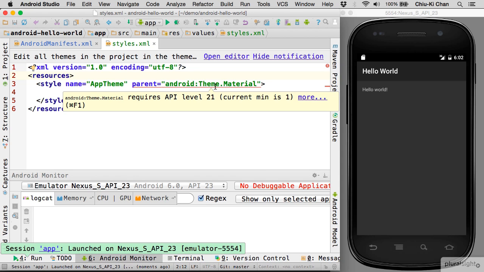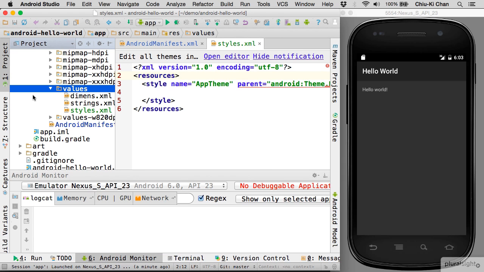The problem is that if we code this into our style directly, we can only ship this app to devices that are 21 or above. If we want to target more devices, we need to do something different. This is where we will use resource folders. Remember, we added the styles.xml file into the values folder, which is the default. What we need to do is to add another folder called values-v21 so that Android will know to load this file and use Theme.Material when we run this app on version